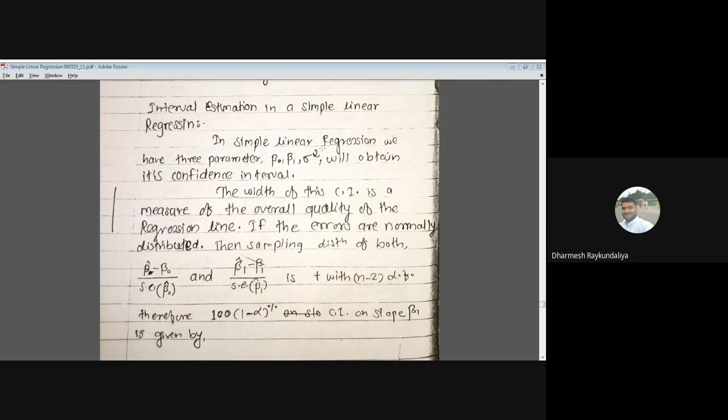The width of the confidence interval is a measure of the overall quality of the regression line. If the errors are normally distributed, then we know that the sampling distribution of beta 0 cap minus beta 0 upon its standard error, and beta 1 cap minus beta 1 upon its standard error, is t with n minus 2 degrees of freedom under H naught, beta 0 equal to 0 and beta 1 equal to 0. So now the confidence interval